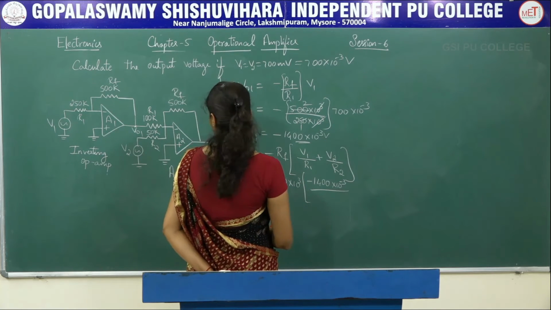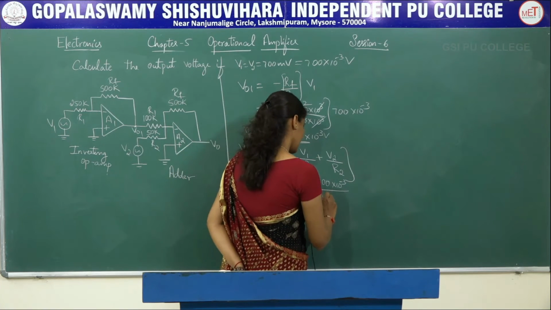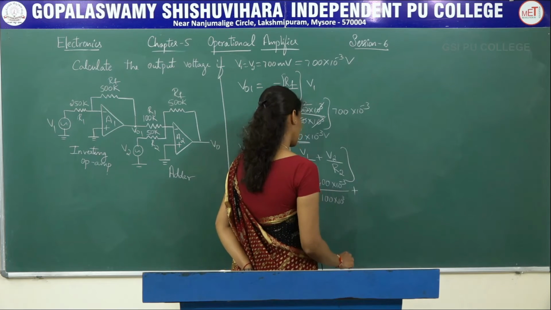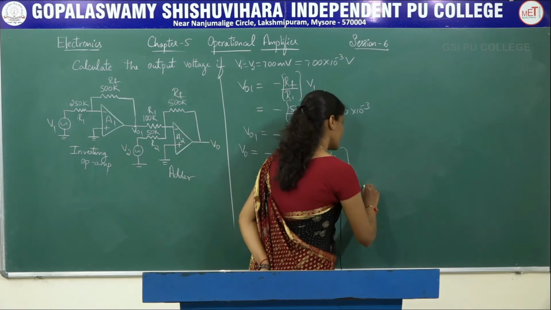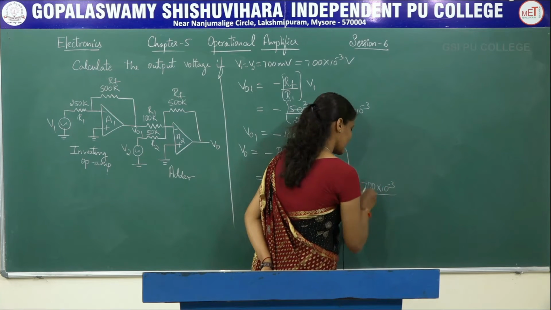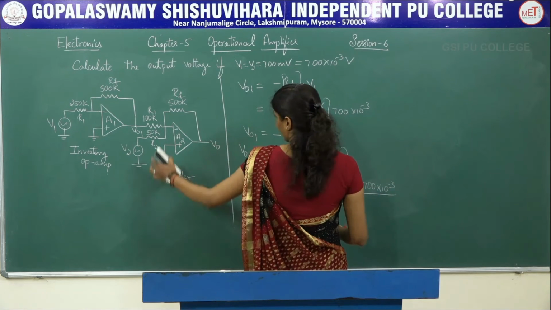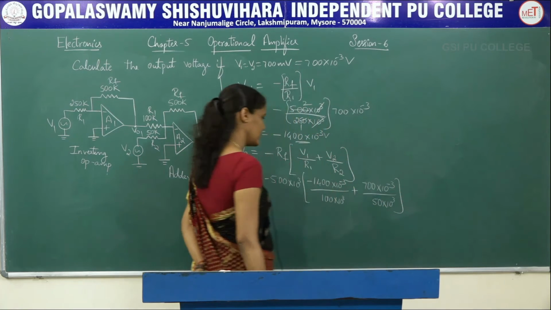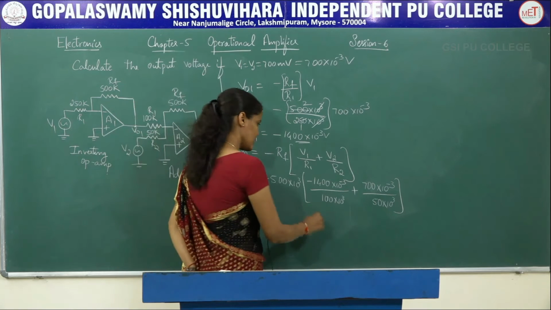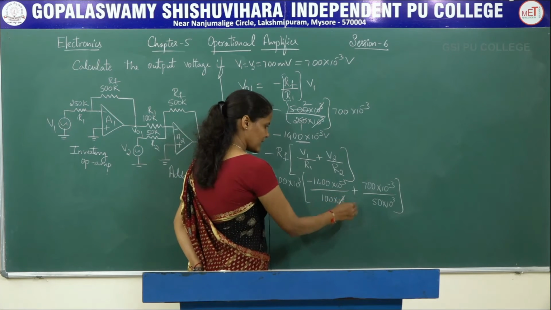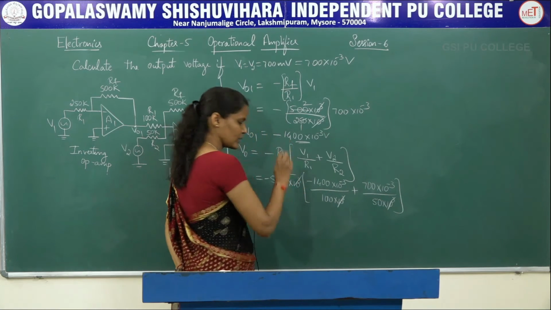And R1 value is 100 into 10 to the power of 3, plus V2 value is equal to 700 into 10 to the power of minus 3 divided by R2 value, which is 50 into 10 to the power of 3. Right? So here 10 to the power of 3, 10 to the power of 3, 10 to the power of 3